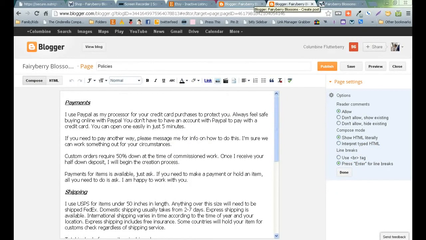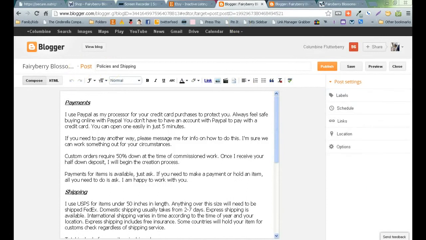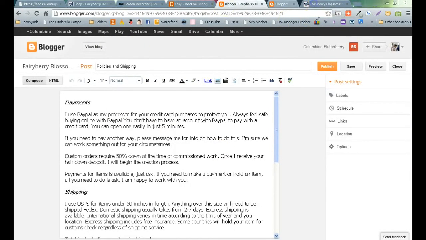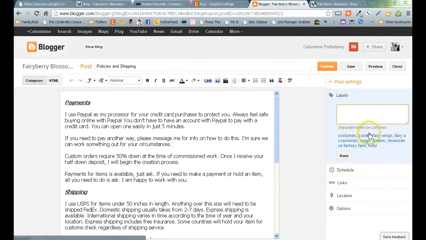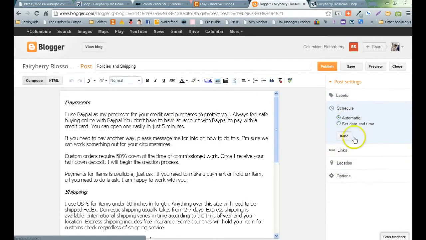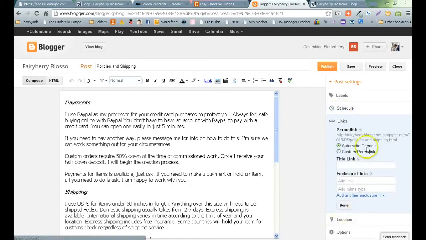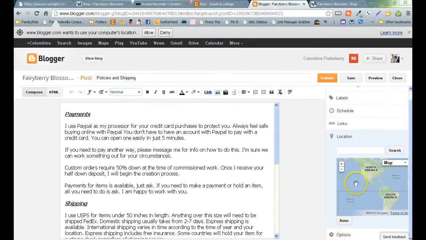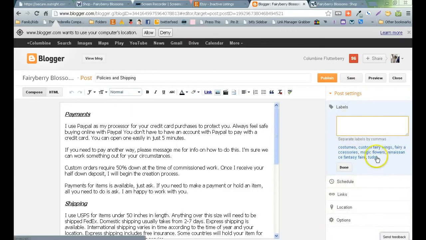So it's sometimes a good idea, instead of adding pages, adding a tab as a page, but publishing it as a blog roll post. So when you add the new post instead of a page, see you have labels here? You can schedule it to be published at a certain time. You can add links to the title, location of where you're at. The labels are important for search engine. Okay? So I've already got a few in here that I've added